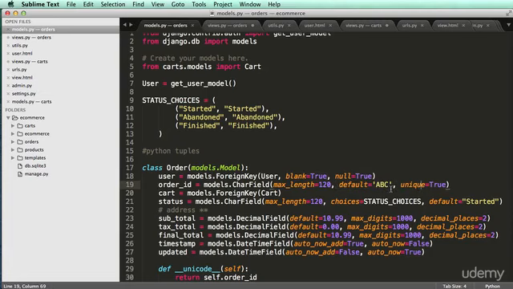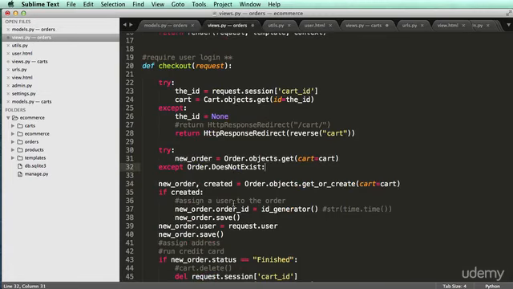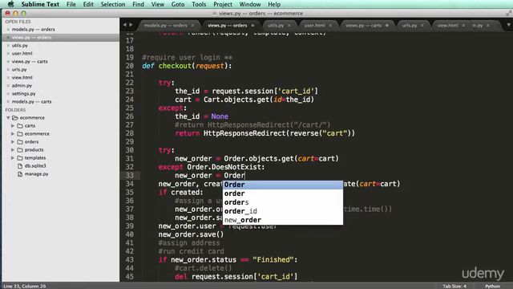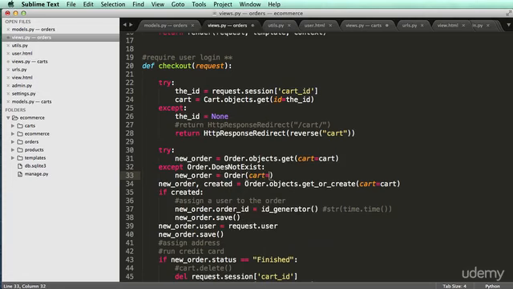Now, if we run into some issues or errors with actually creating this order, we might get another default, and then we're going to get this thing saying that the order ID column has to be unique. So what I'm doing now is saying, okay, if there's one that exists, then let's grab that one based off of the cart in the session. If it doesn't exist, then we'll create one, and we'll do that by doing new order equals Order, and cart is equal to cart,